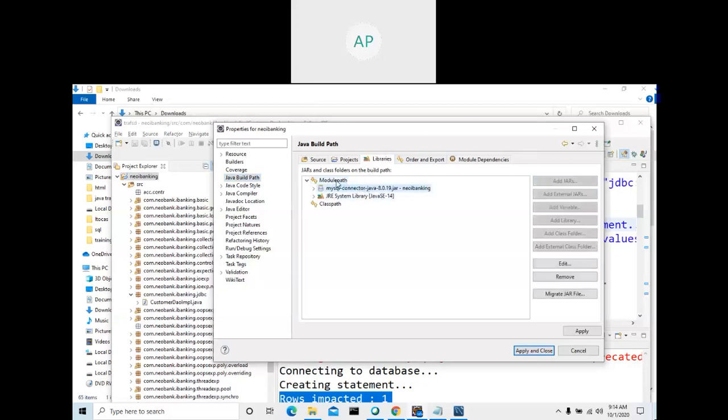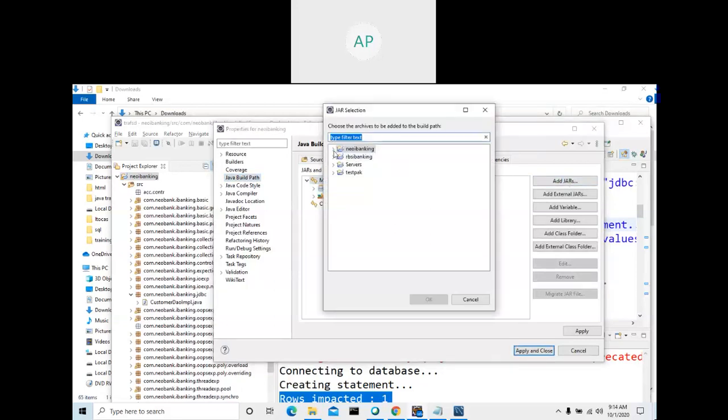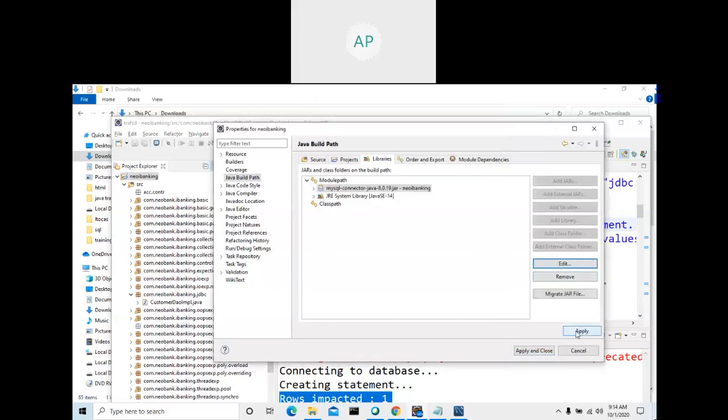I'll let you know again. So here, right click on your project, go to properties, and go to build path. And here inside the library, if it has module, place it there, otherwise just add jar. Click add jar. Select, click add. See, I added already. For you, it won't be. So click here and add jar.